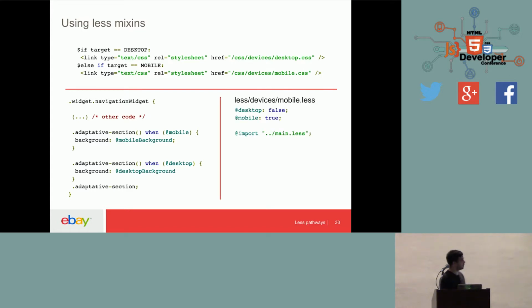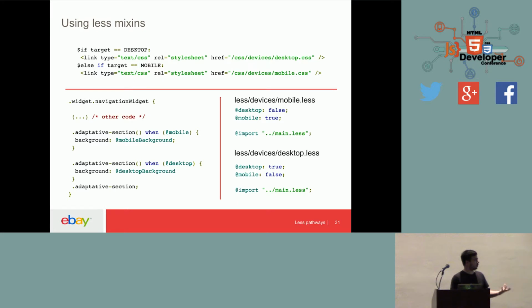So what ends up happening is that within your widget or within your environment, you can trigger very specific CSS elements to simply show up under very targeted environments. This is a more generalistic case, just targeting mobile and desktop. If you're having problems with Internet Explorer, you can apply the same concept where you just trigger a variable to target Internet Explorer, and then you put an adaptive mixin within it, and it will generate code. So in this case, if it's mobile, it gets a mobile background. If it's desktop, it gets a desktop one.